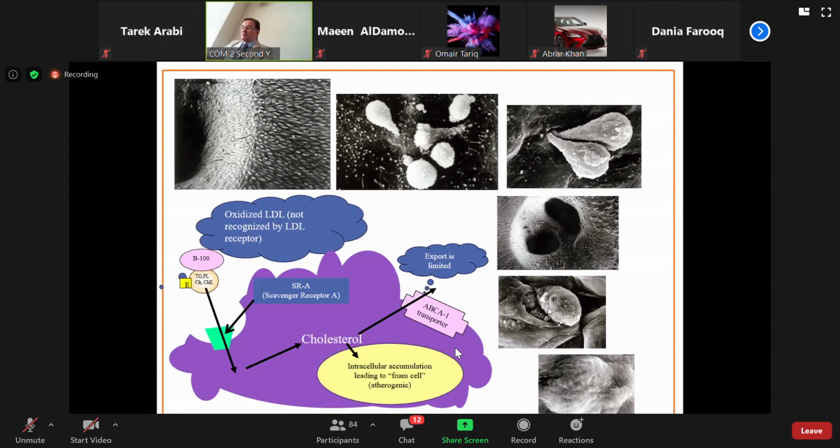This is a ruptured plaque. After some time, the plaque ruptures, and you can see the atheromas right there. This is basically where the monocytes are accumulating underneath the endothelial cells. These are amazing pictures, actually, and it shows you that this is what happens with a high-fat diet or high LDL